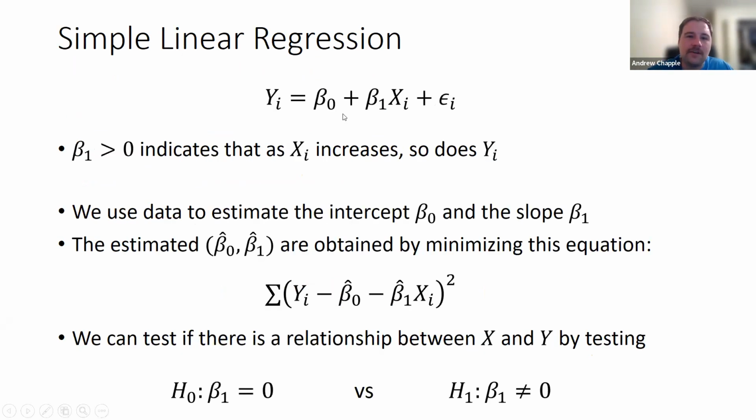So just think about the interpretation. If beta 1 is bigger than 0, that indicates that as x i increases, so does y i. Vice versa, if it's less than 0, as x i increases, y i decreases. I'm going to use the data to estimate beta 0 and beta 1. These estimated values I'm going to call beta 0 hat and beta 1 hat,